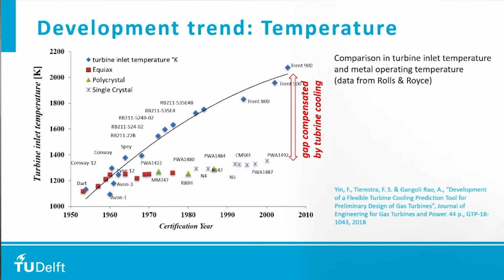The other parameter is certainly the turbine inlet temperature. And what you see here is that the turbine inlet temperature is actually much higher than the melting point of the material that is used to make the turbines. This feat is achieved only because of the sophisticated cooling mechanism that is used to cool the turbine blades. Otherwise, it would not have been possible to operate a material much above its operating limits.